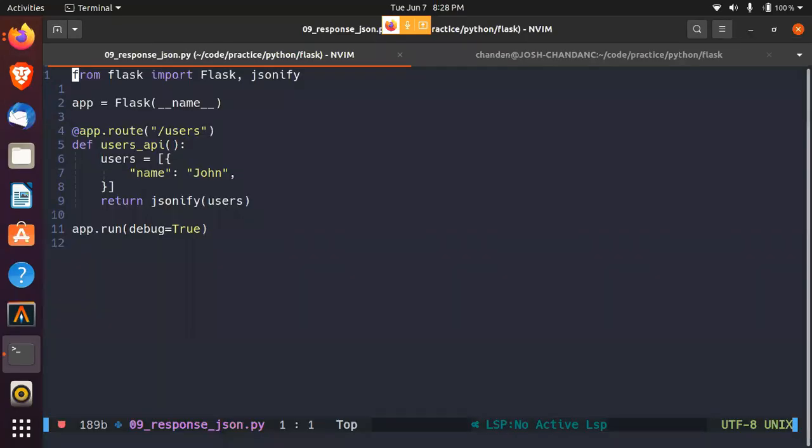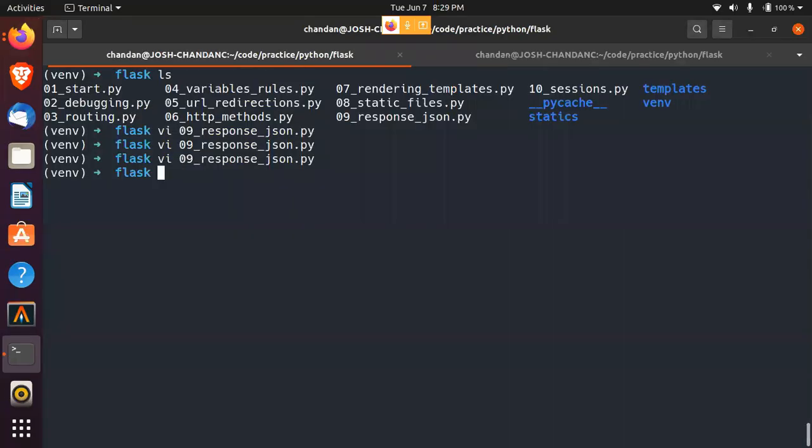So now we are going to cover JSON. Most of the time you will be dealing with JSON APIs. In Flask, to return a JSON response, we have a jsonify function through which we can convert the dictionary and return it as JSON. For example, here I have defined a user route, which is just returning a user dictionary in the JSON format. So if I go ahead and run the program